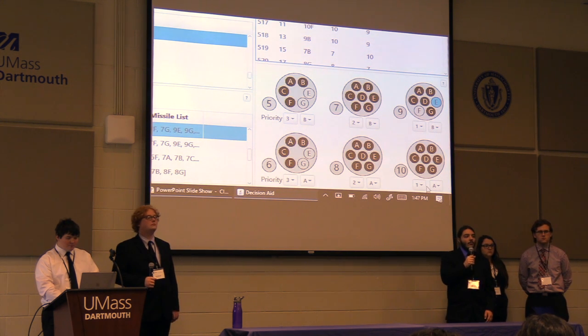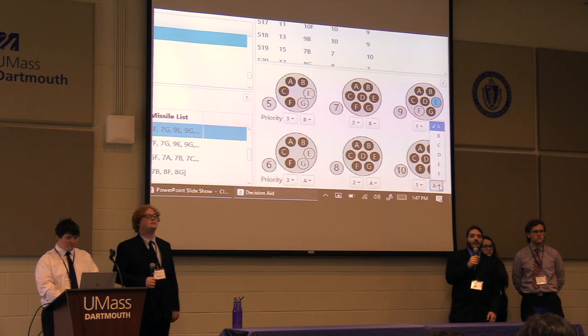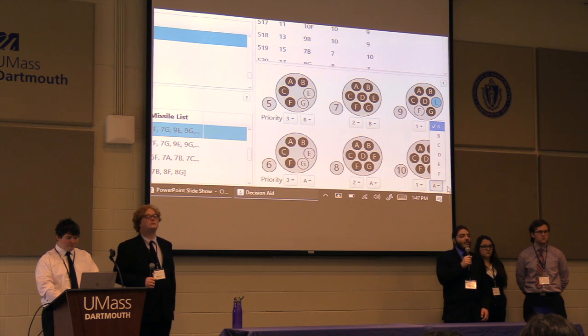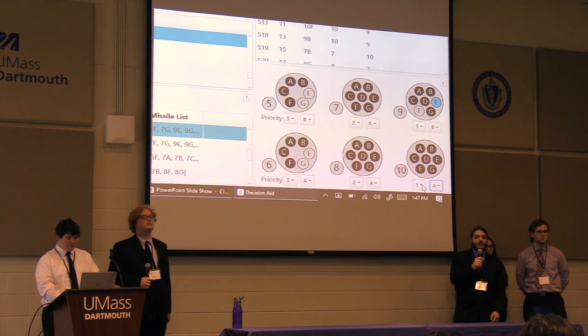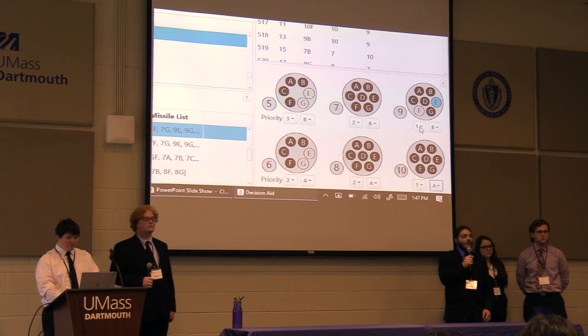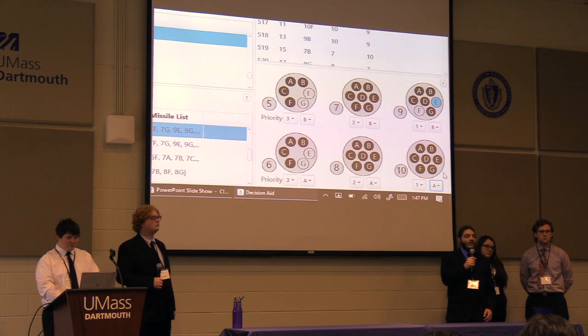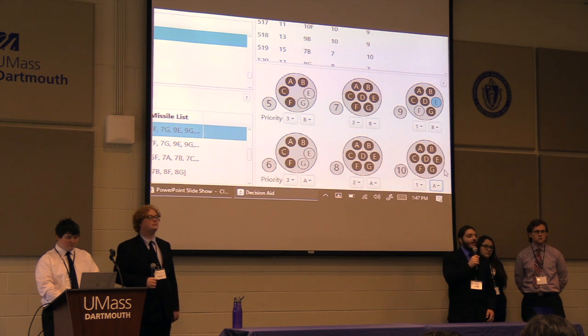Now, there's a number, 1 through 6, which is called the primary priority, and there's a letter, A through F, that represents the secondary priority. As you can see, tube 10 has a primary priority of 1 and a secondary priority of A, and tube 9 has a primary priority of 1 and a secondary priority of B. This means that tubes 9 and 10 will be selected over all the other tubes because they have higher priority,